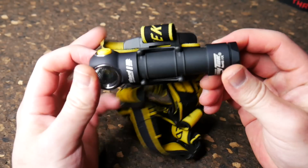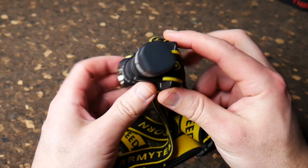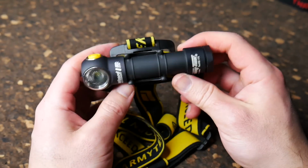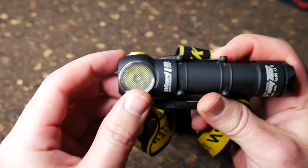Alright, so this is probably my most used headlamp. It's the Armytek Wizard V3, and let's just take a closer look at it. The Armytek is going to be the most expensive, but also the most durable and the most powerful of all the headlamps. It's kind of my go-to because, you can see the lens, it has